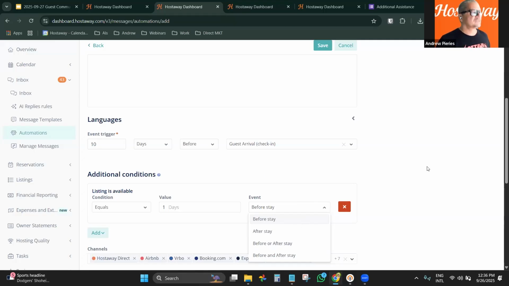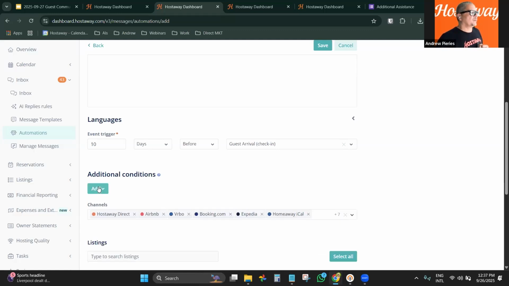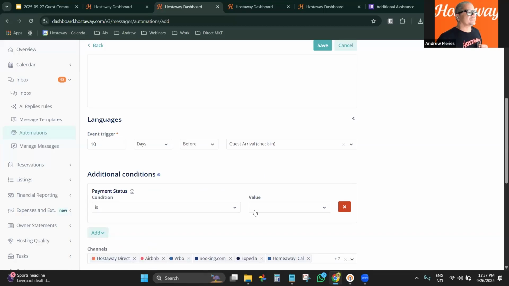Very, very important ones. And all you have to do is pay attention, spend some time here, and think about everything, right? So how would that work? Because the same way that we have the positive, we have the reversal side of things, right? And what I mean by that, for example, is the additional condition on payment status,